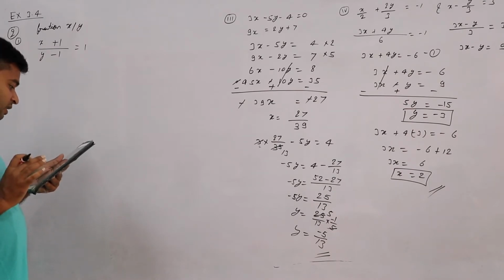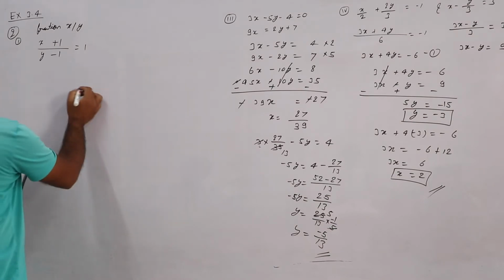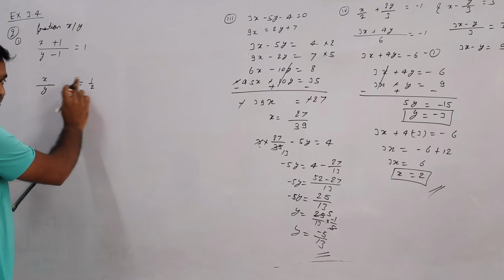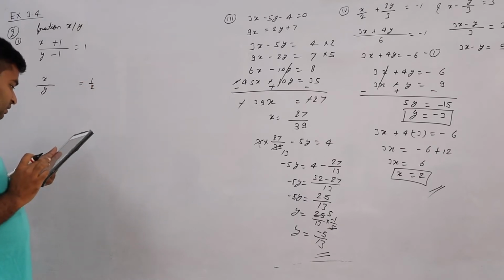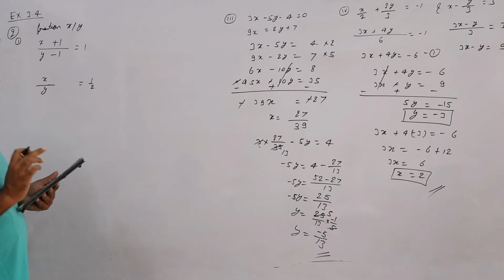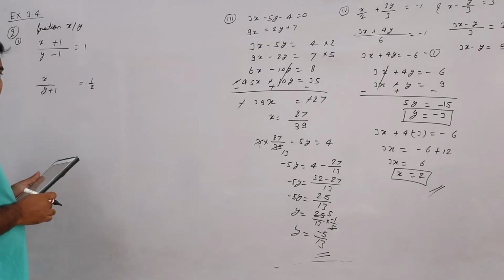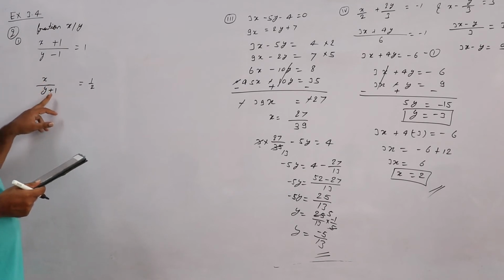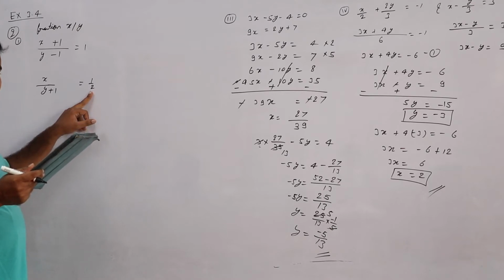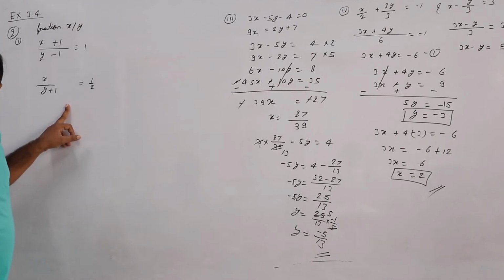Achha, next, full stop, then saying it becomes 1 by 2. It becomes means fraction is becoming 1 by 2. Fraction means x by y. It becomes 1 by 2 if we only add 1 to denominator. So denominator is this plus 1. Yes or no? So both equations we have got, right? Now just we should simplify.